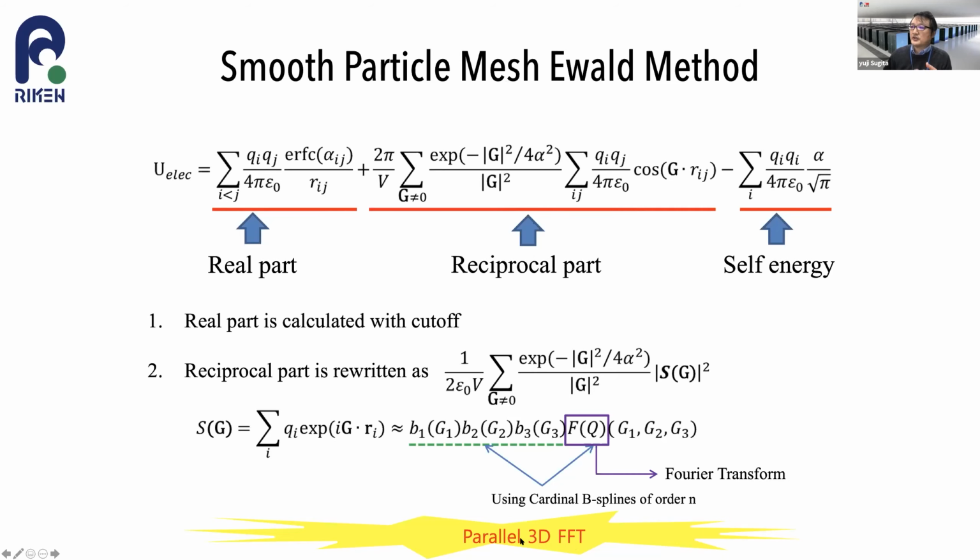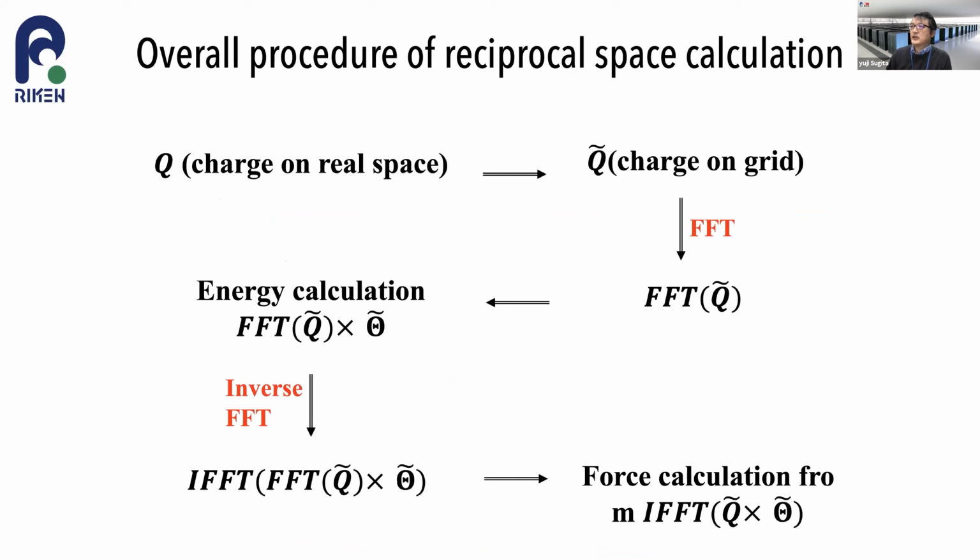I think computer scientists probably know much better than me, but this is quite intensive network communication, and we need to reduce the computational costs. And in our case, we actually have to perform it twice, because to get the potential energy values and also the force from this reciprocal space, FFT is necessary